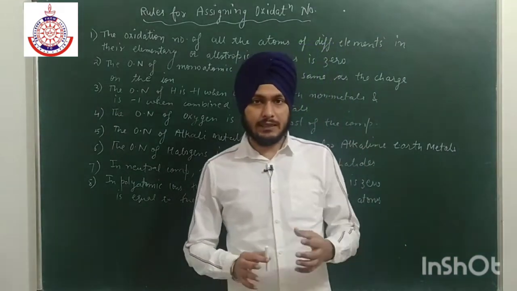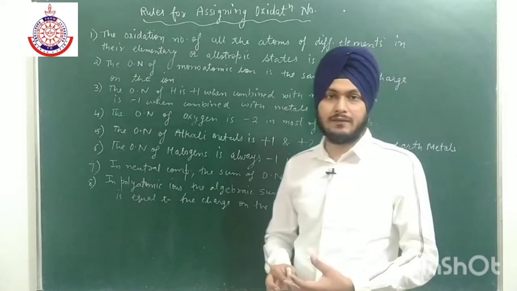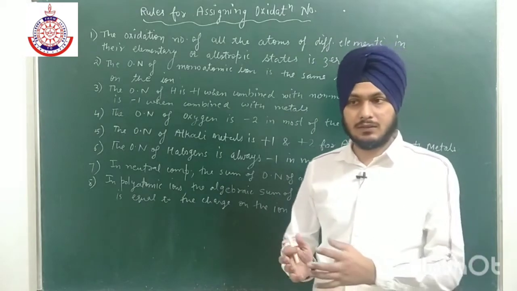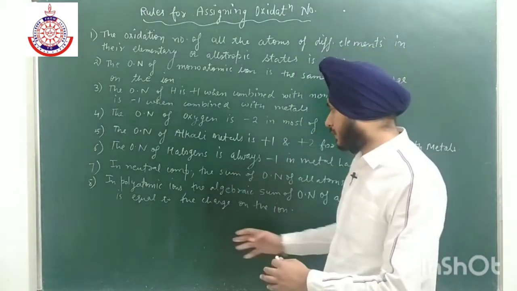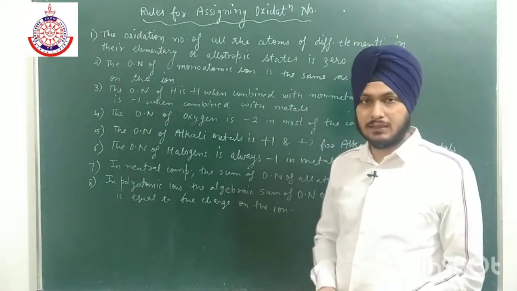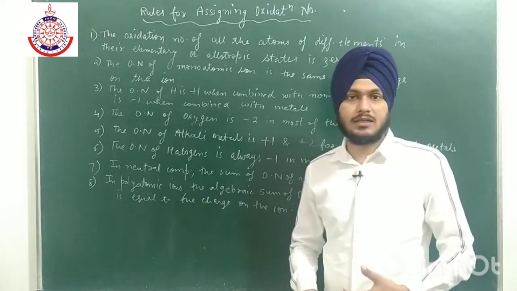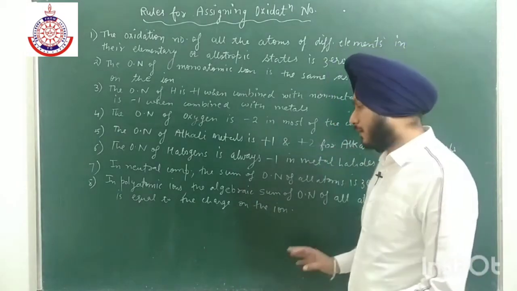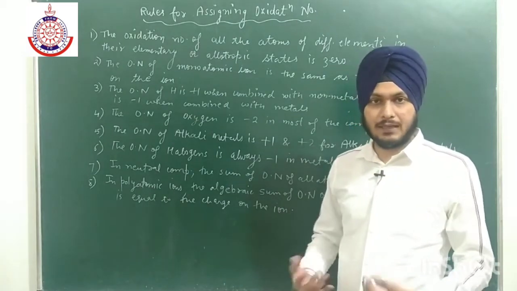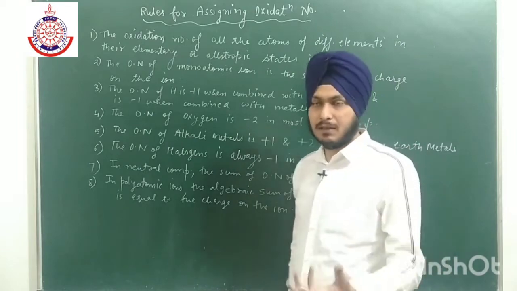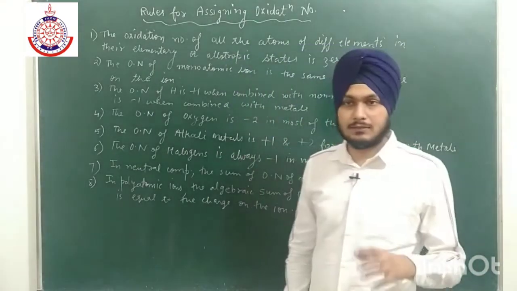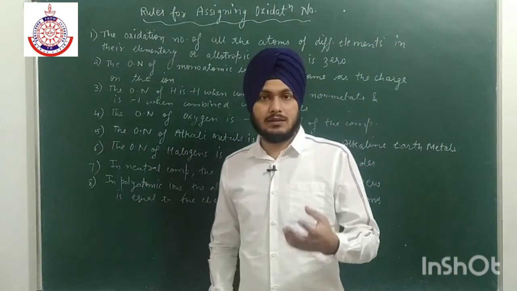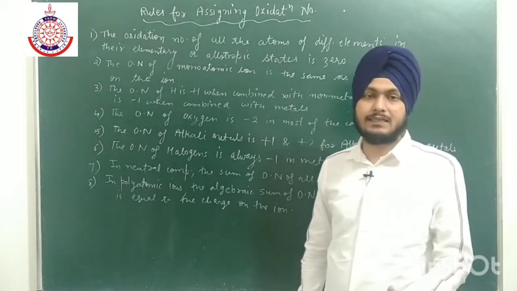I have already discussed that in order to check whether oxidation takes place or reduction takes place, we can use the number line. We can easily predict whether oxidation or reduction takes place with the help of a number line. If we are going from left to right, then oxidation takes place, and if we are moving from right to left, then reduction takes place. But how can we predict just by looking at the reaction? We have to calculate in which oxidation number, in which state it is.